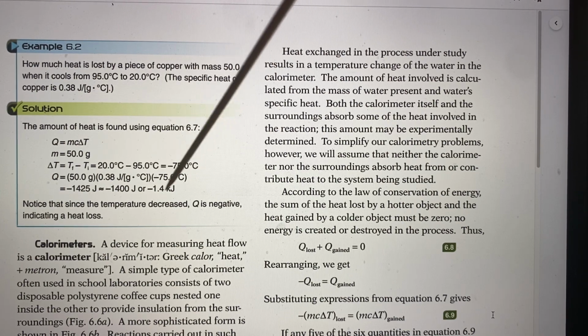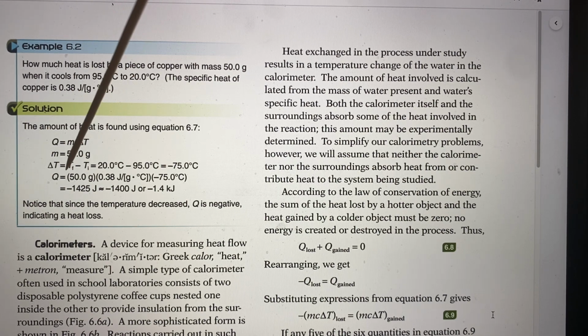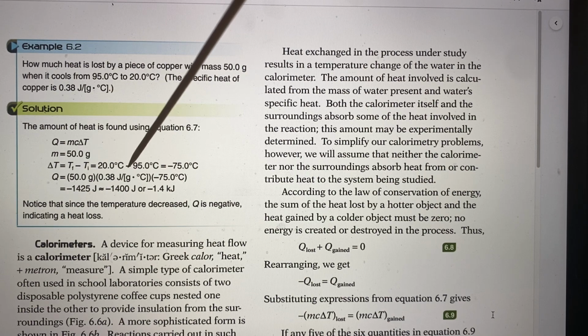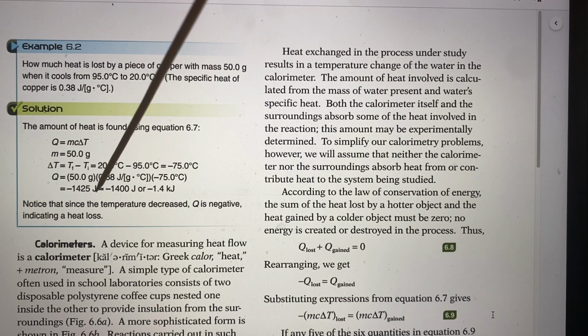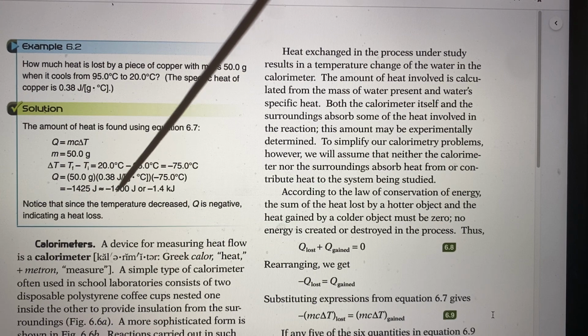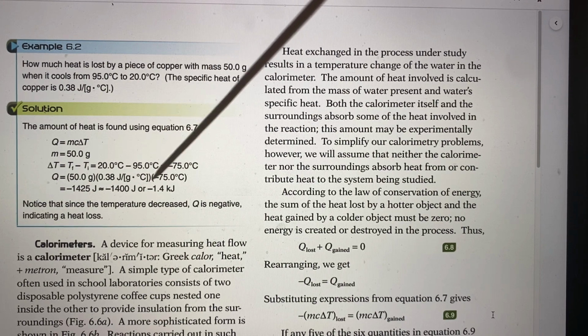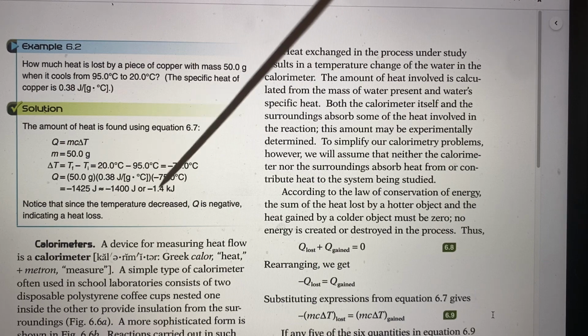And then the temperature change is negative 75. So use your calculator in these. It gets kind of complicated in large numbers like this, so just use your calculator. You put in 50 times 0.38 joules times negative 75, and you're going to find that the change is negative 1425 joules, or you can say negative 1400 joules, or you can change it to kilojoules, which would be